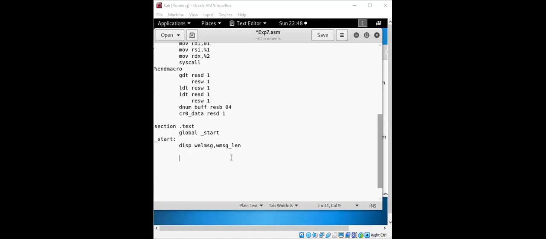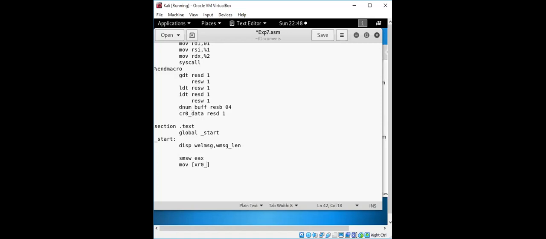Now, first we need to retrieve the content, and hopefully you are able to see this screen. Yes, okay. That is the instruction we are going to use: SMSW EAX. The content of the control register is going to be read into EAX. Then we'll move that content, which is in the form of data, one by one.